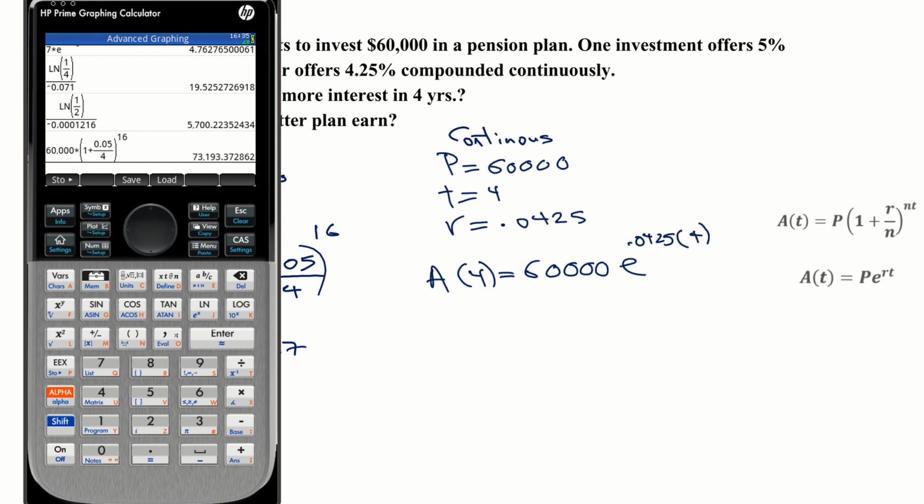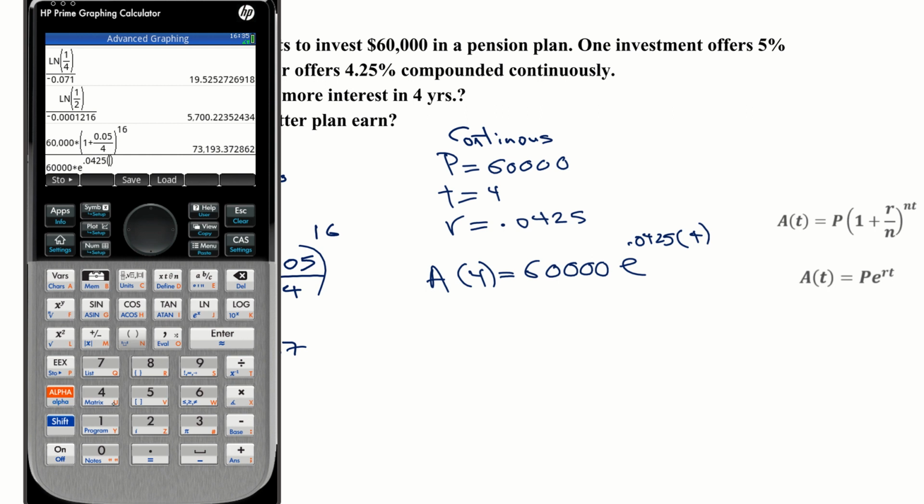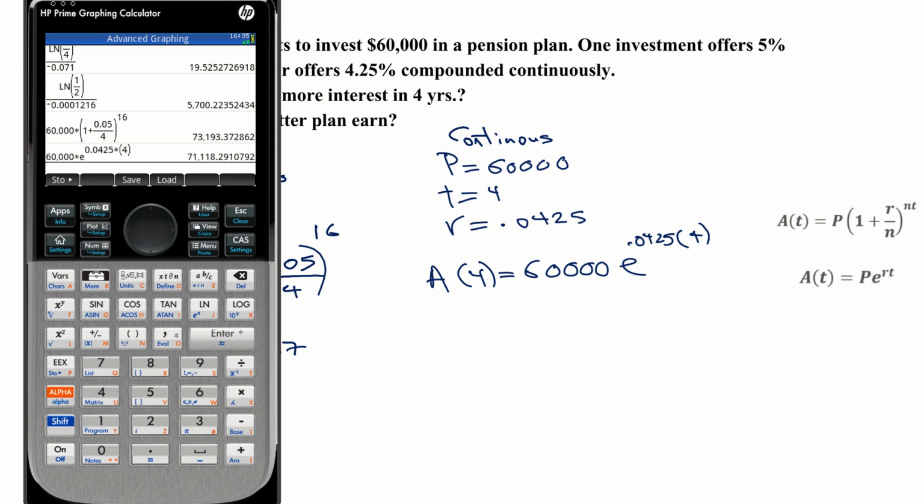So 60,000 times e to the power of 0.0425 times 4. So we get approximately